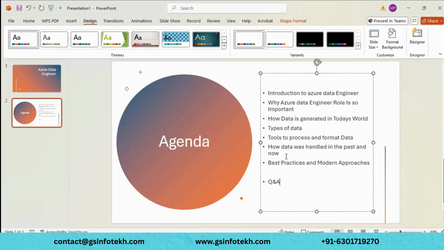Basically, the data will be generated from applications or some machines or some websites. The data will be generated from different source systems in different formats. And what we will do with this data: whatever data has been generated from these source systems, we will collect that information first, and then after collecting it, we will store that information in one storage service.